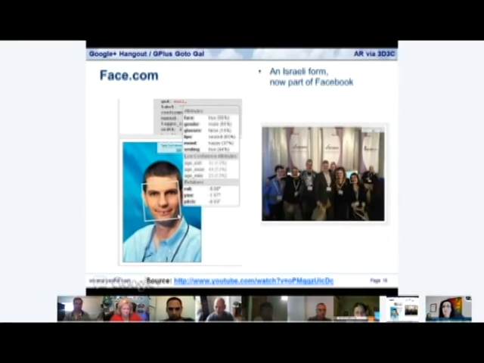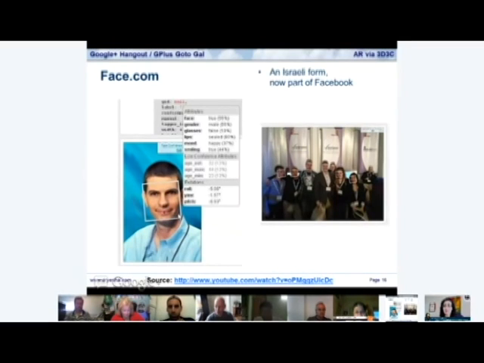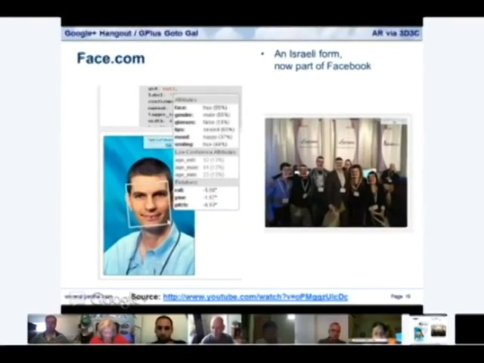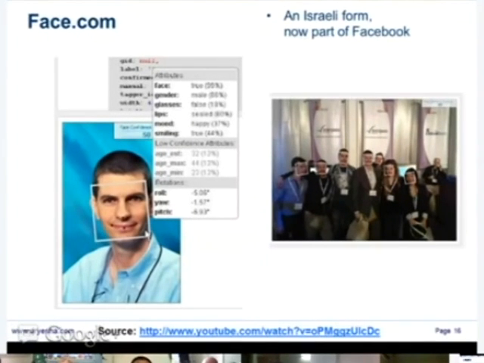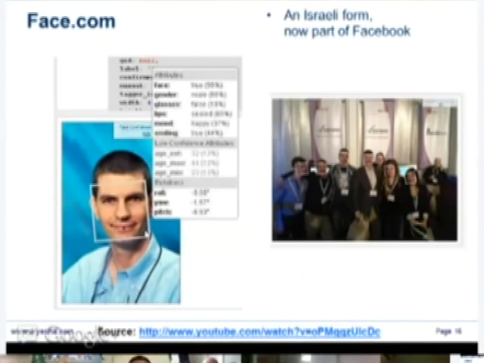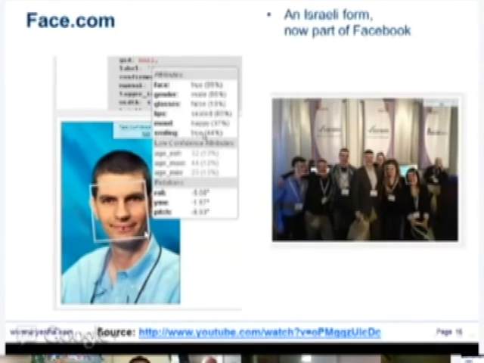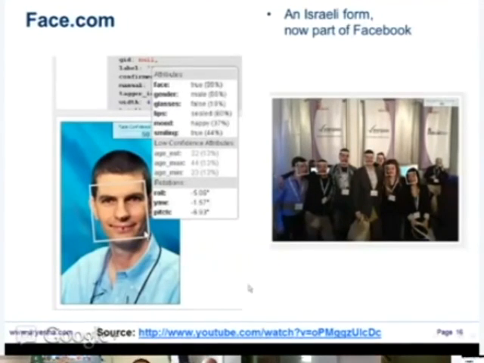And what you see here on the screen now is the example of Face.com. By the way, Face.com is an Israeli company. It is no longer available. The reason it's no longer available is because Facebook bought them for $100 million. So we used to have it for about 3 months, and now it's going to be part of Facebook, and we're waiting for the actual application. But look at what this company is actually doing. When you give it on the left side an image, it will give you an analysis of the gender, whether this person is happy or not happy. Look at the mood over here. Whether this person is smiling or not smiling. And this is absolutely interesting. It's basically estimating your